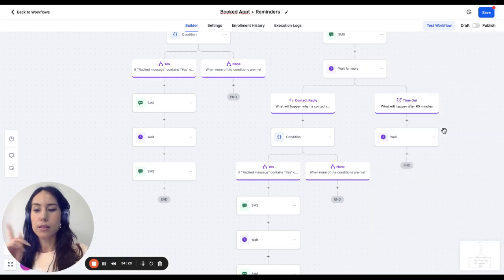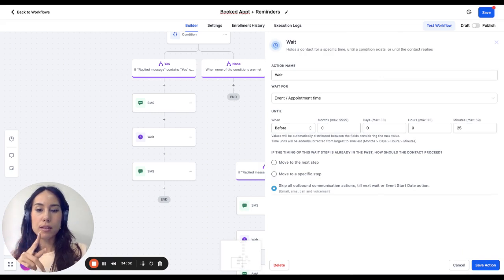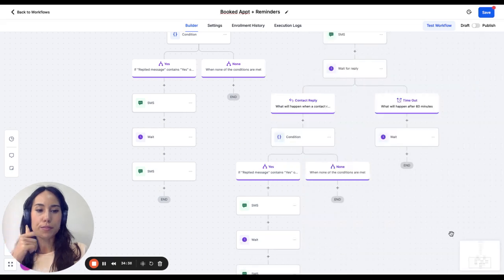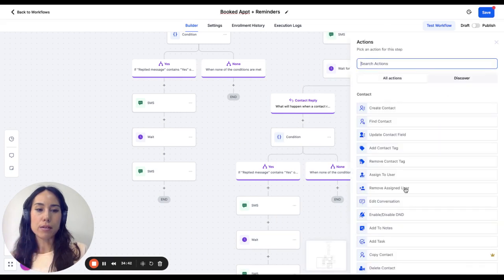So this is why we need to keep, every time that they say yes, we put them in the hot lead or response stage, because now we're going to do an if else,